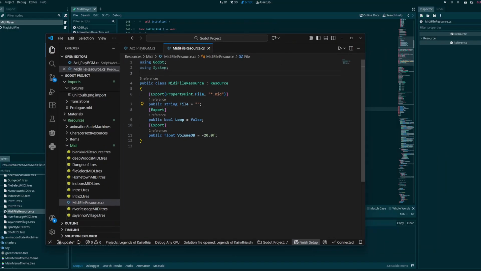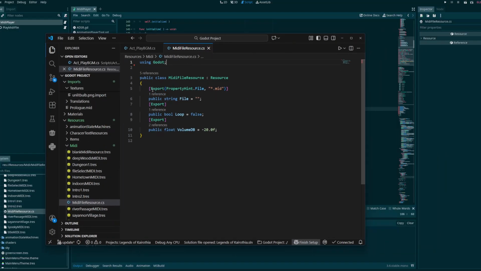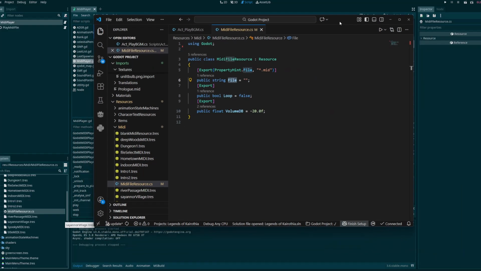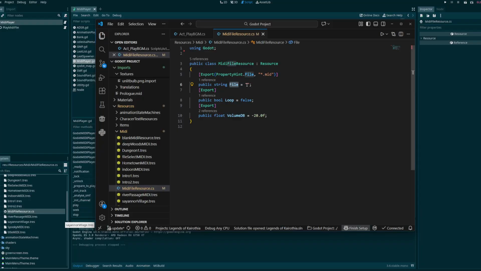A very basic resource class where you specify the path, which is one-to-one with the file property in the GDScript script. So you write whatever the path is. You say whether or not you want it to loop, and the volume, which isn't working for some reason. And then